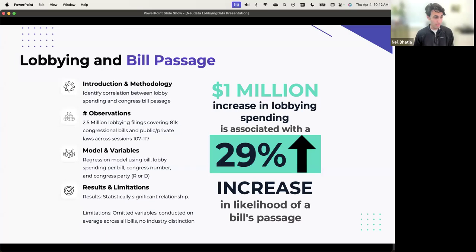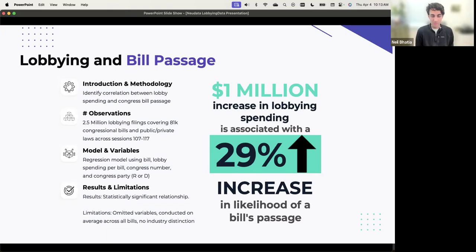It's not been published yet, but we look at a paper from one of our partners, which sought to identify the relationship between lobby spending generally and the odds of a bill passing in Congress. As you can see, it's quite a difference here. It's difficult to actually say because there are so many different factors that go into a politician's decision to vote for or against a bill. So I'm not saying that lobbying is the end all be all, and of course there are so many different factors that come into play. But the hypothesis there is that there is no relationship between lobbying spending and bill passage.